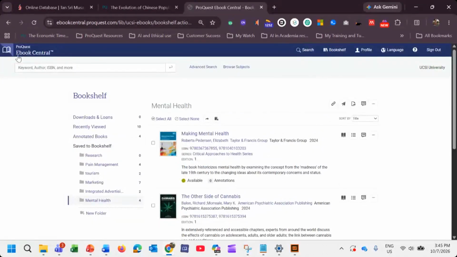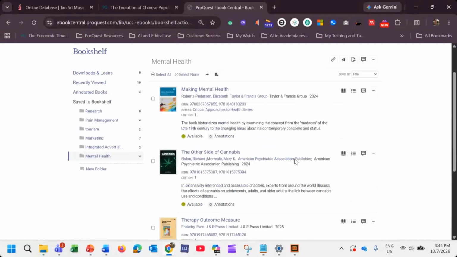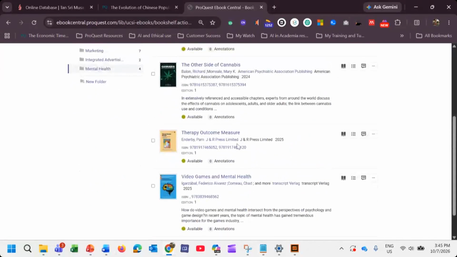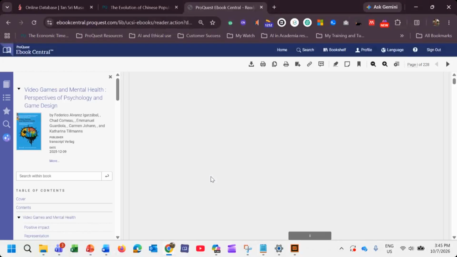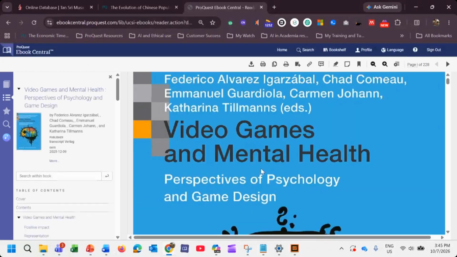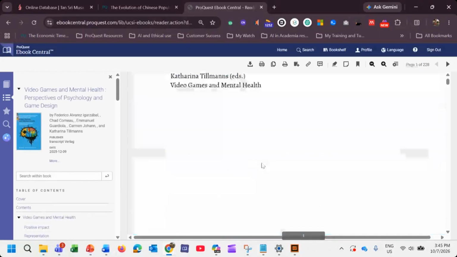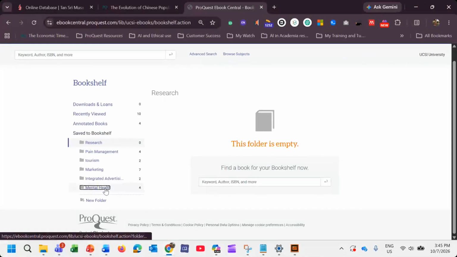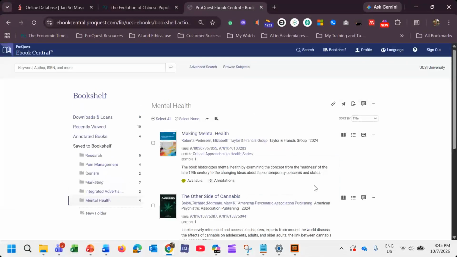So next time, whenever you log in here, you come to your folder and you can open the book and read the book accordingly, because it's in your folder for you to have quick reference. And whatever annotations you do here, whatever information you have added here, will be saved. Whenever you access it here, you will be able to see those annotations as well.